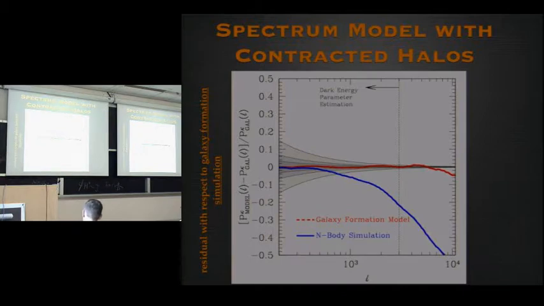Okay? This red line is this galaxy formation model, where I've taken the n-body halos and just put on them artificially a modified C of M relation, a modified concentration mass relation, and then recomputed what I would get for the power spectrum, for the convergence spectrum. You can see out to L's of a few thousand, that works pretty well compared to the accuracies in which we're interested. And this is just the limitation. You can see the jaggedness here. That's just the limitation of that simulation. Okay.